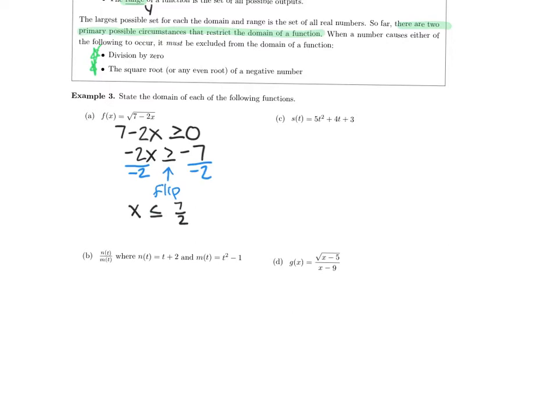Now, we can't end this here. We actually are going to always be writing our domain in interval notation. There are two notations we tend to use, interval notation and set notation. Set notation is with the inequalities and many other features. Interval notation is with the parentheses and brackets. So just as a quick reminder, we use brackets when we mean